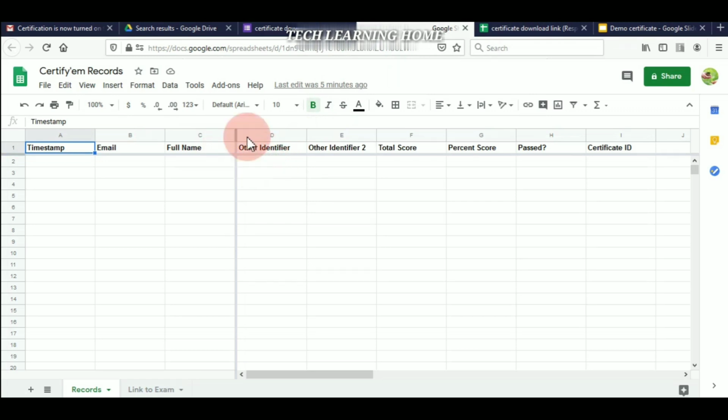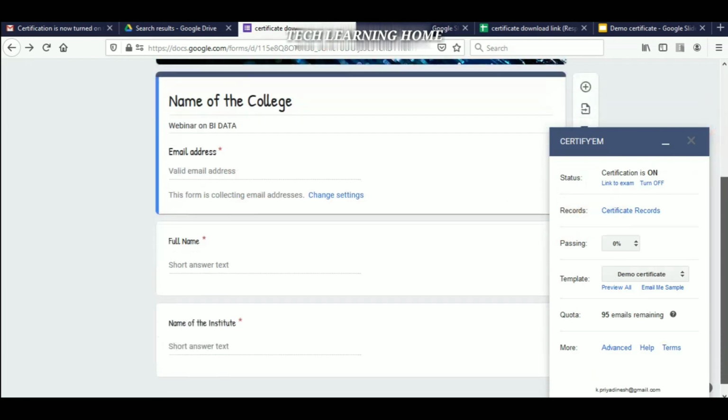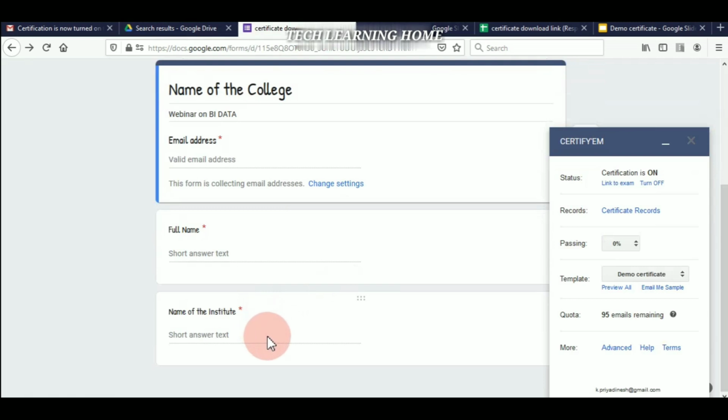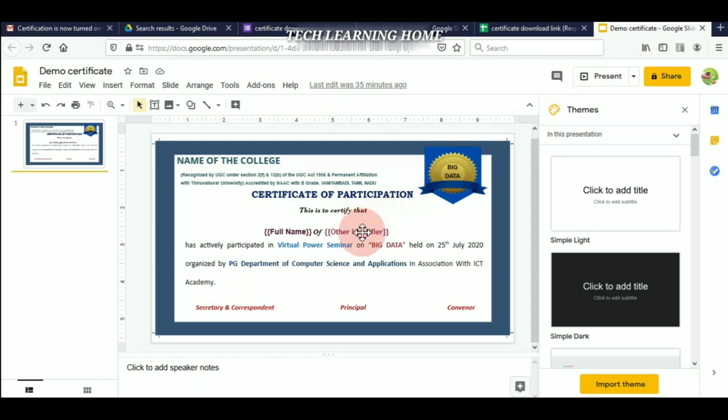So if I fill the form with email ID, full name and name of the institute, this name of the institute will be placed in the other identifier place. That is why I have used other identifier to print the college name in the certificate. This certificate I have designed using Google Slides.